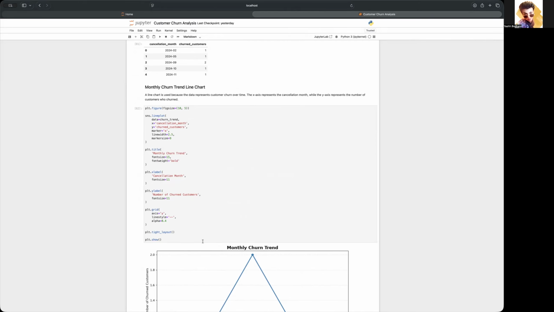So as you can see in this line chart, first plt.figure(figsize=(10, 5)). So this creates the chart area. 10 represents the width, 5 represents the height. Moving on,